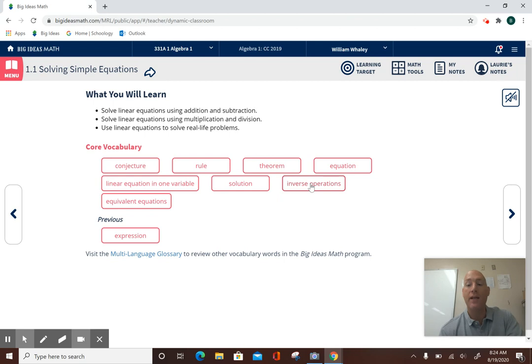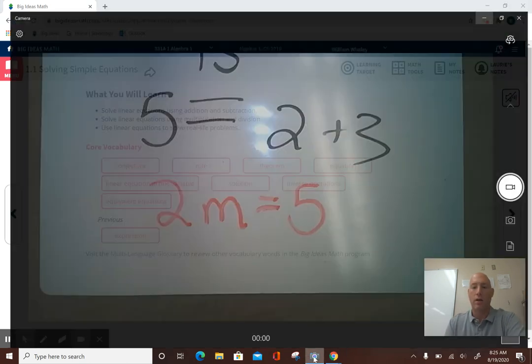All right. Inverse operations. You are going to hear a lot of different words for inverse operations. You might hear cancel. You might hear undo. You're going to hear me say undo a lot. Annihilate, cancel. I think I already said a couple of them. So all inverse operations are the things that undo stuff. So when you think of an operation,